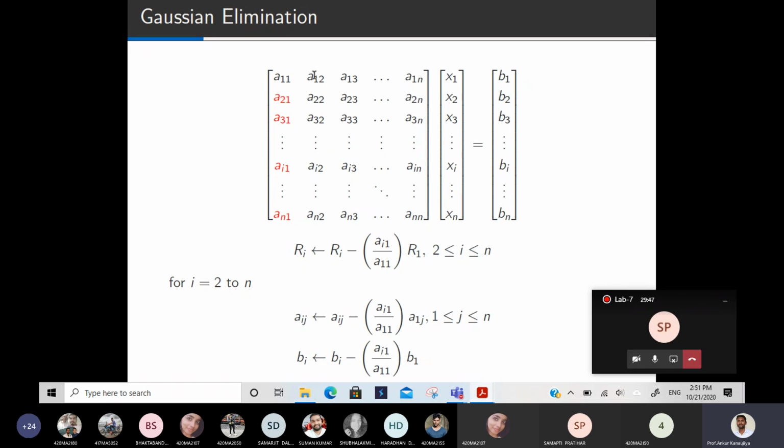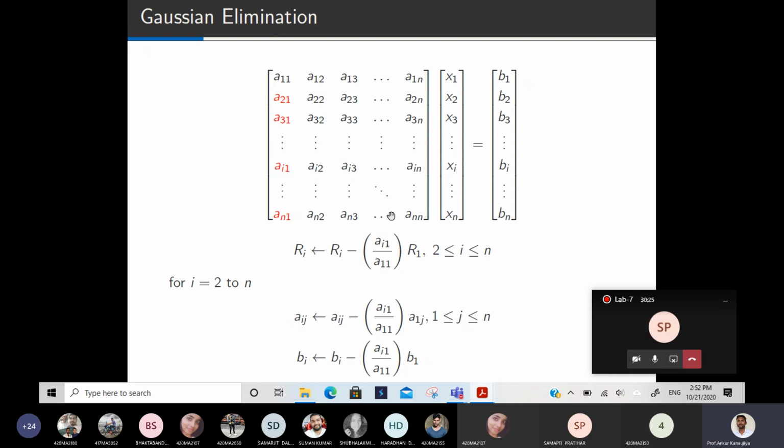Here you will apply, then you will subtract this, multiplied by this factor. Suppose you are applying R2 minus Ai1 divided by A11 R1, then this A22 entry will become A22 minus this factor into A12. Is that clear? Like I am actually applying this operation over this general matrix. So what will be the A22 entry, what will be the A23 entry, what will be the A21 entry, similarly what will be B2.